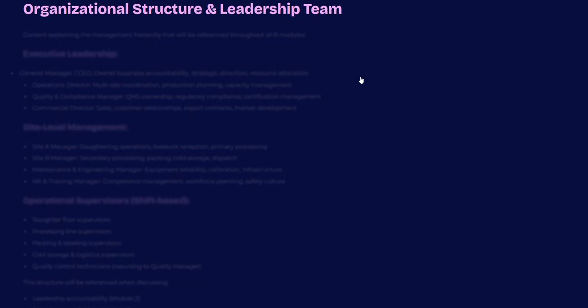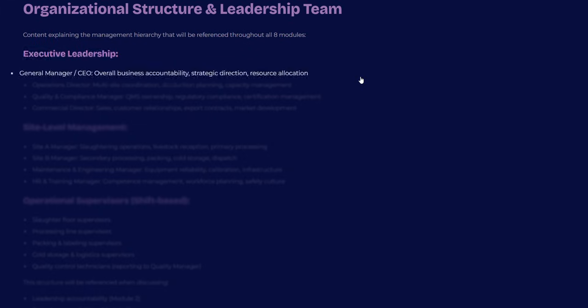So let's move to organizational structure and leadership team. Here we will explain the management hierarchy that will be referenced throughout all 8 modules. We will start with the executive leadership. First, we have a general manager or CEO who is responsible for overall business accountability, strategic direction, and resource allocation. Then we have the operations director, who will be responsible